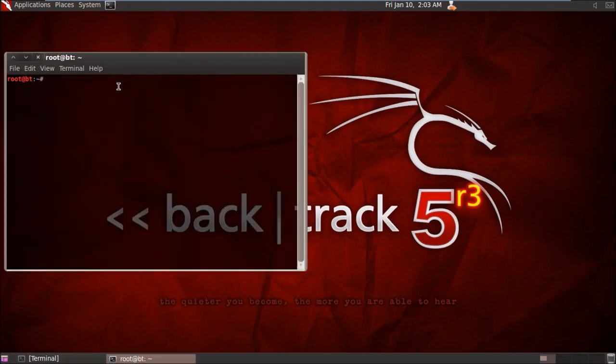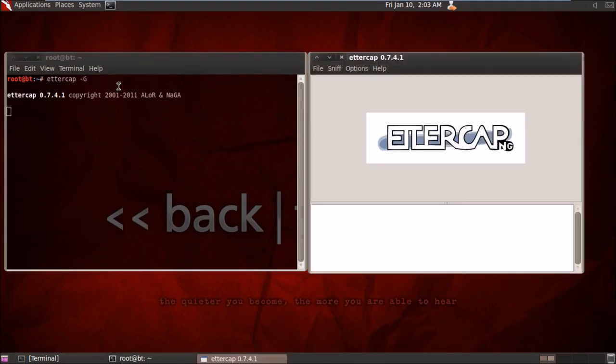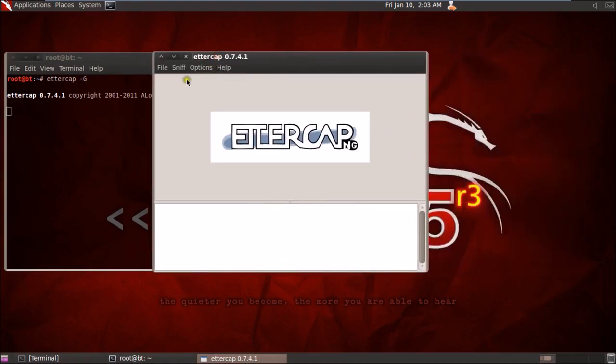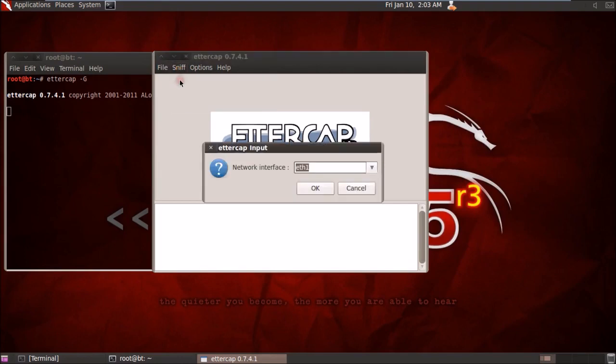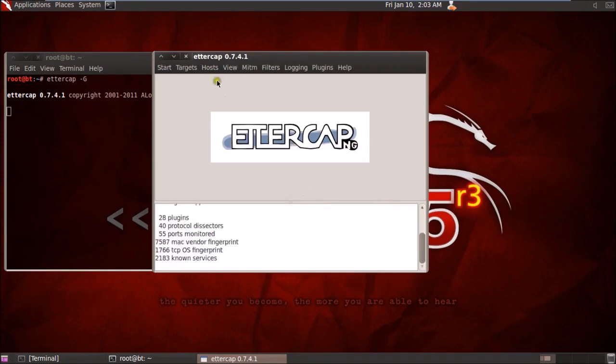For that, open a tool called ettercap. Type in ettercap space -G, capital G, in your terminal, and it'll open the ettercap tool. Sniff, unified sniffing. Just hit OK. Scan for hosts.